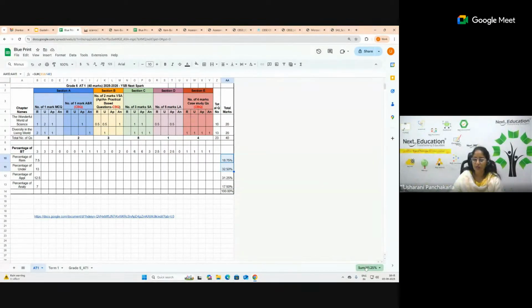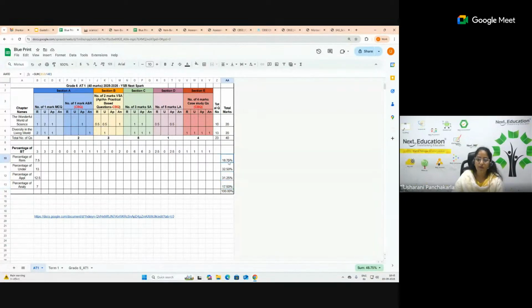Can you see it here? And when I consider the application and analysis, here we have given this. You might ask the next question: why has evaluate not been included? Right now, we are all in a transition phase where the teachers are still not getting acquainted. It takes some time for them to get adapted and be flexible. That is the reason that for now we haven't included evaluate, like justify, such pattern of questions, though it is given at a very minute level, I can say less than 10%. So it is included already here.